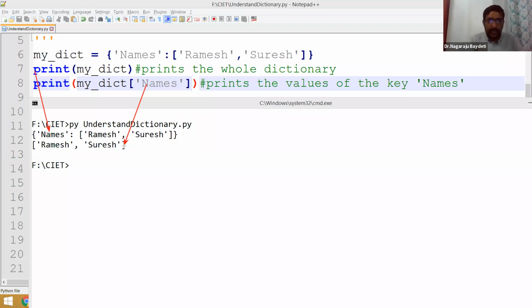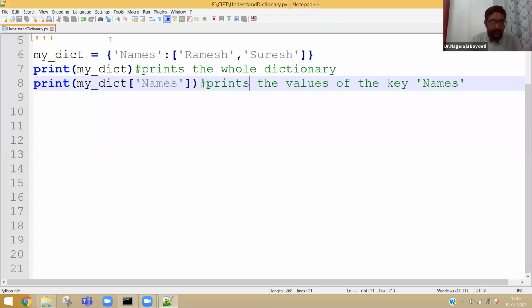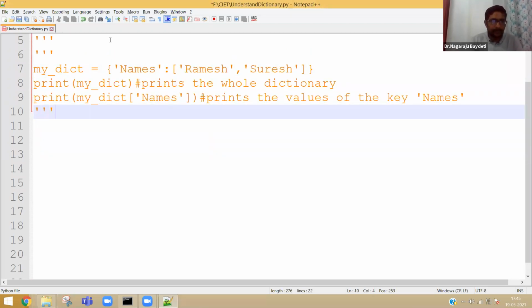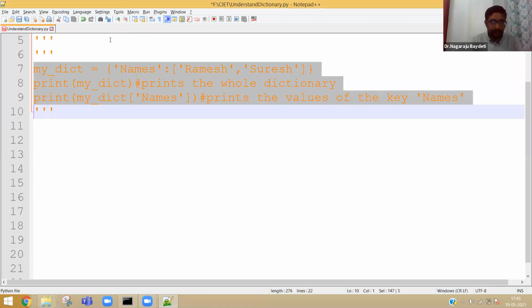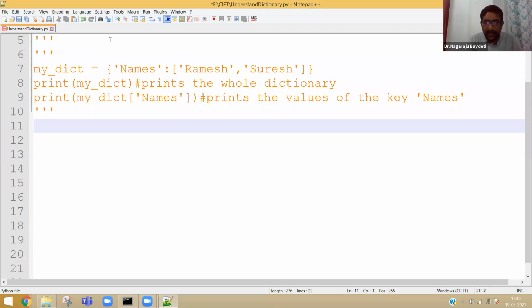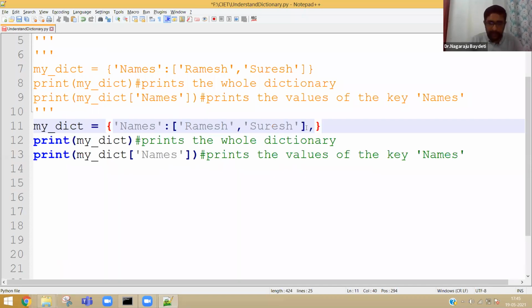Now, can I have multiple keys? Obviously, yes. You can have multiple keys. So how to do that? I'm taking the entire thing again. Now, you can also define age colon 35 and 45. Now, I can also print individually.